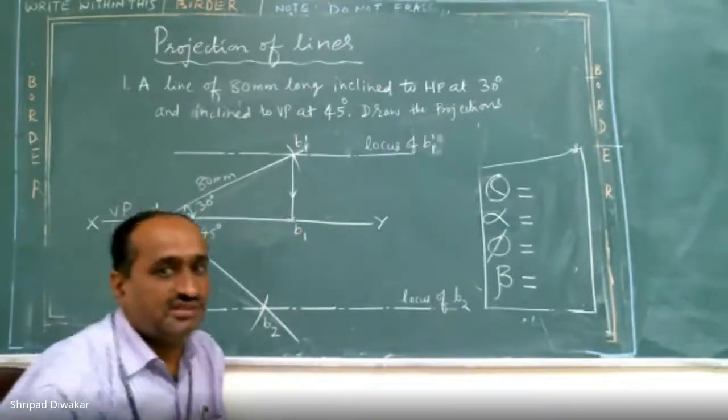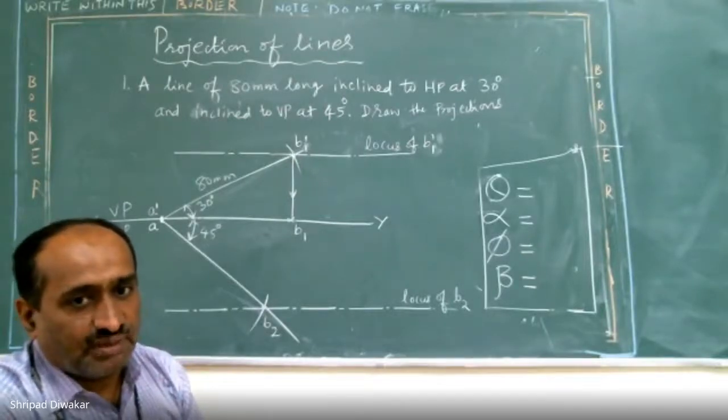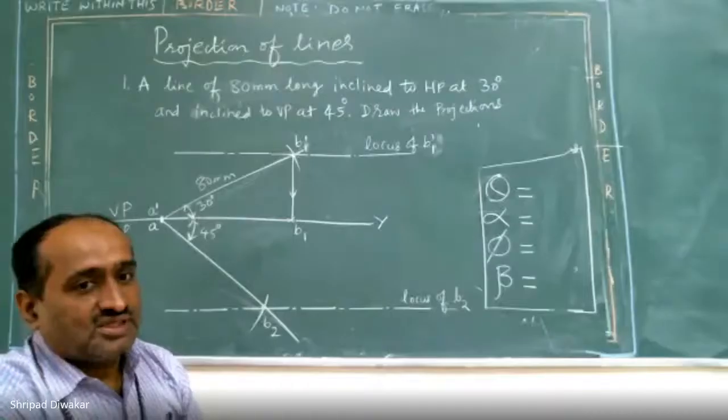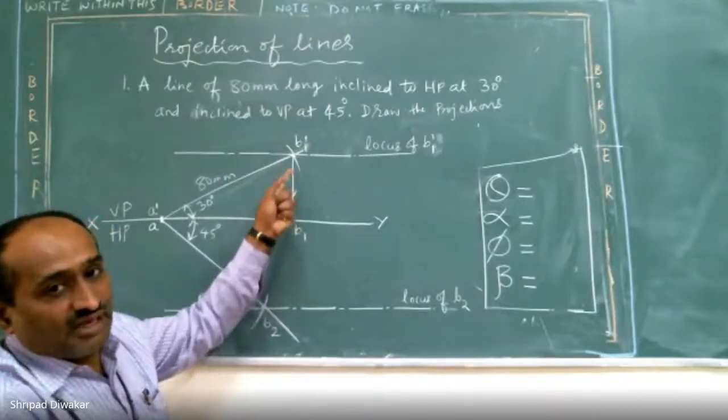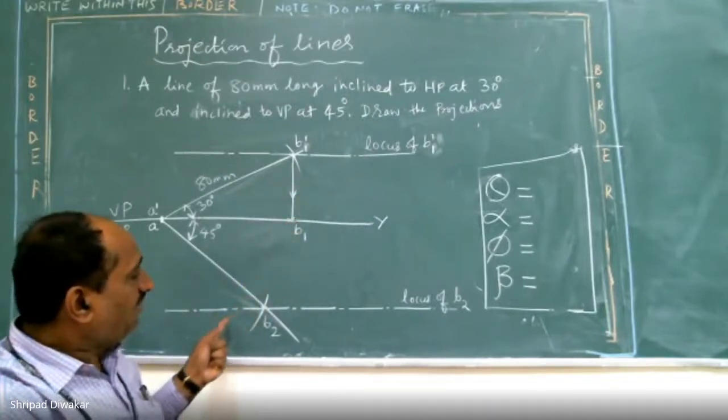What is the next procedure? Sir, A dash and B1 as radius, and we have to cut an arc. Okay, which direction? Upwards, sir. Correct. But there's no line to cut upward, sir. No. Okay, so by rotating the true length in the front view, we are going to get the apparent length in the top view.